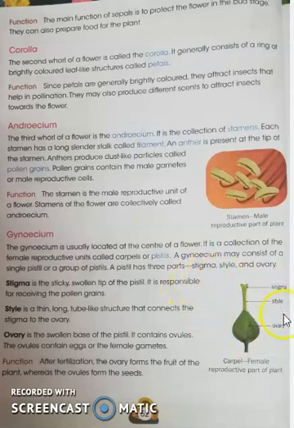If many such pistils are there, together they form the unit gynoecium, that is the female part. As soon as the pollen grain reaches here, fertilization takes place. The ovary forms the fruit of the plant, while the ovules form the seed. From these seeds a new plant is formed, and from the ovary the fruit is formed. This is how the different parts of the plant work.